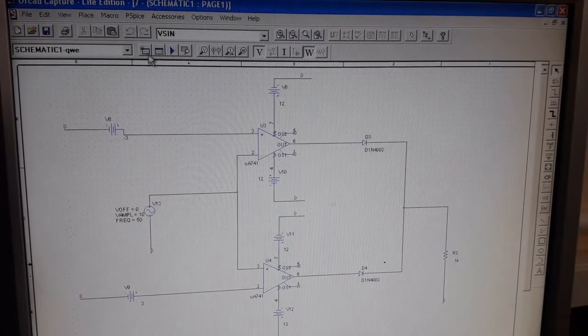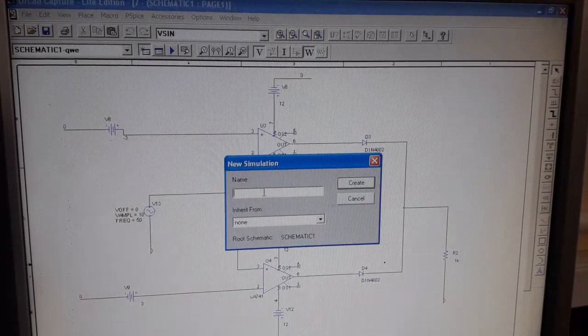So now we need to select the new simulation profile before placing the probes. Before clicking on this, just save the document, or you can go to file and save the document, and then new simulation profile. Here you can see the icon. Click on this and give some name for this.